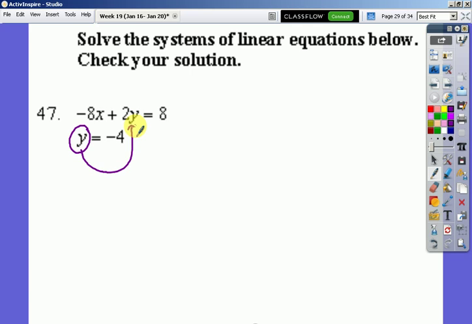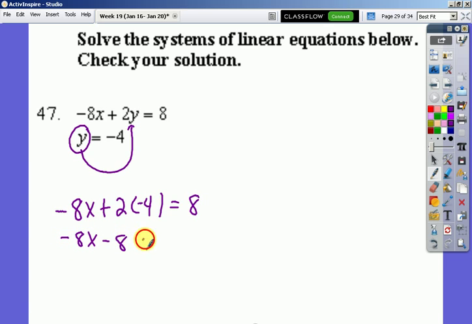So that y is going to be replaced with a negative 4, and I'm going to solve for x, and then I'm already given my y coordinate. So negative 8x plus 2 times negative 4 equals 8. So negative 8x minus 8 equals 8. Negative 8x equals 16. X equals negative 2. That what you got? Okay,